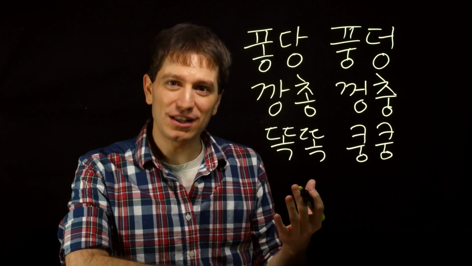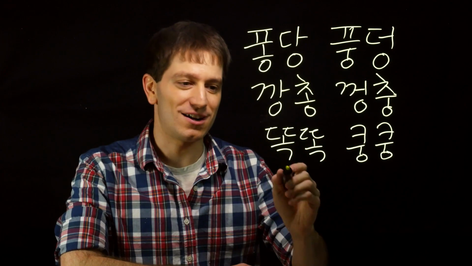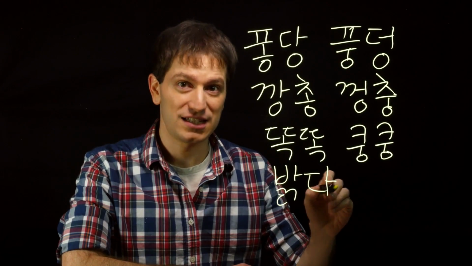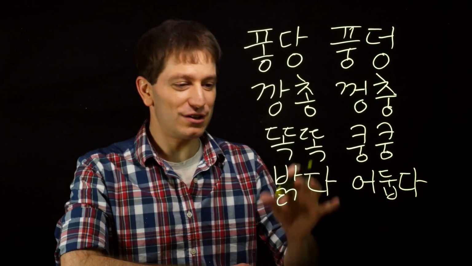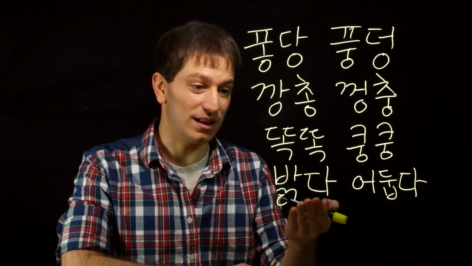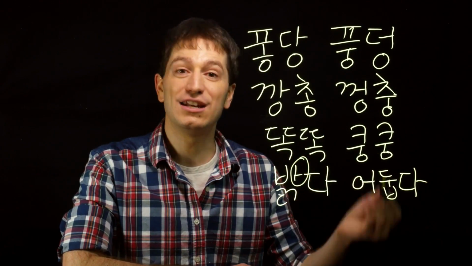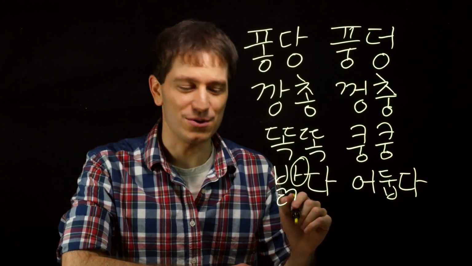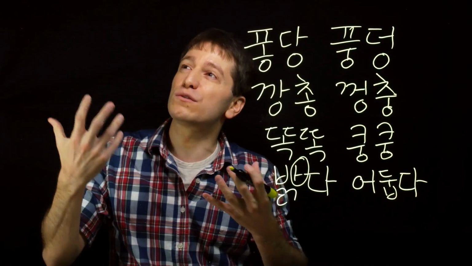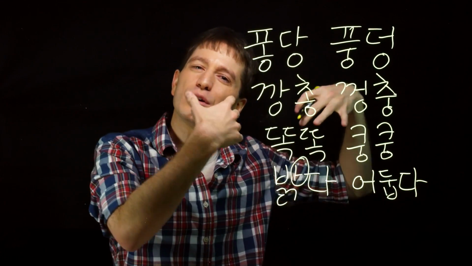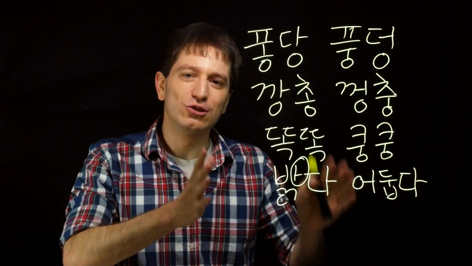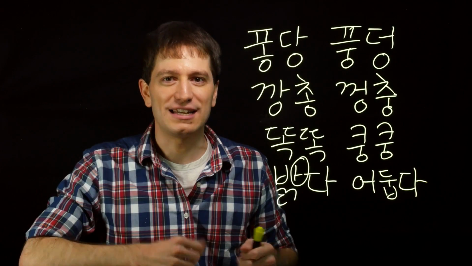And even in vocabulary outside of onomatopoeia, you will see this concept used. So the most basic example I'll show you is the verb 밝다, to be bright, and 어둡다. So the very verbs themselves for bright, 밝다, and dark, 어둡다, use these concepts as well. 밝다 has a bright a vowel, and 어둡다 has two dark vowels. So 밝다, even if you didn't know the meaning of it, you can assume it's probably some sort of positive meaning, and 어둡다 would be some more of a heavy negative meaning, and in this case, to be bright or to be dark. The more you look, the more you will find this feature of Korean even in modern day usage.